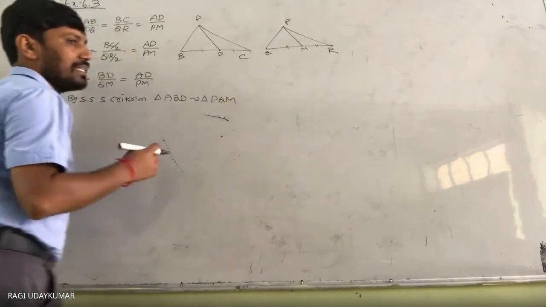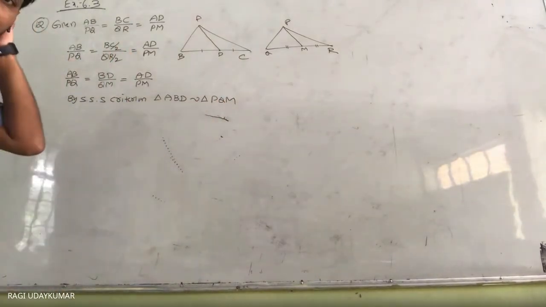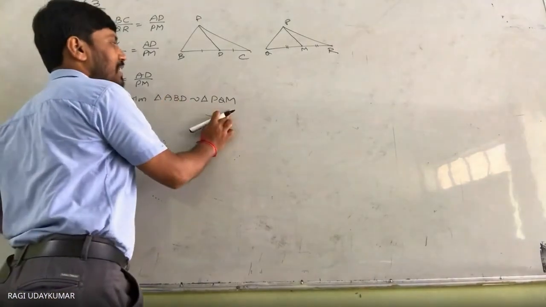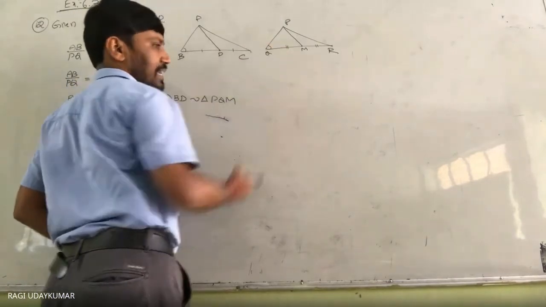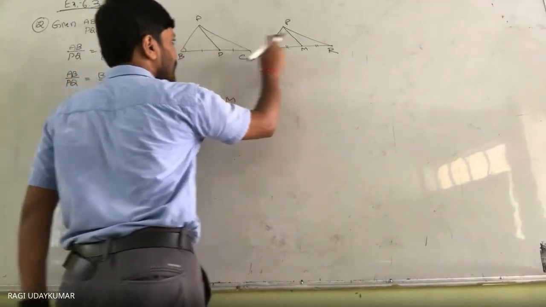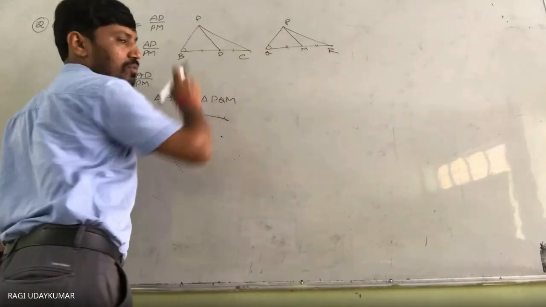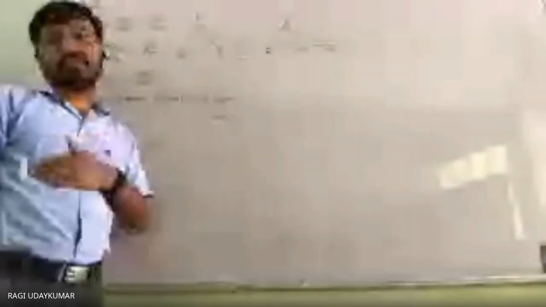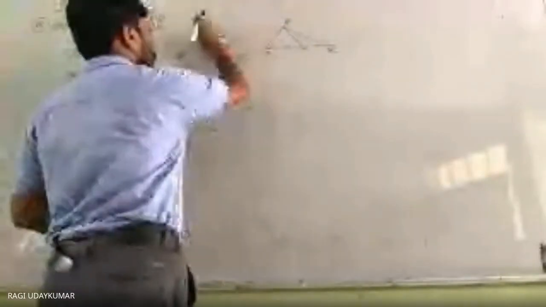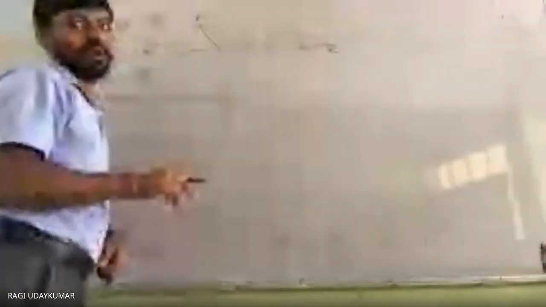But you may get a doubt, sir, it is not asking to prove these two, why are you proving this one? The reason behind it is that when these two triangles are similar, this angle is equal to this angle. So these two angles are equal. This side by this side is equal to this side by this side, and these two angles are equal. By SAS criterion, the bigger triangle ABC is similar to triangle PQR. So to prove these two angles equal, we have to prove the similarity of these two triangles. That is necessary here.